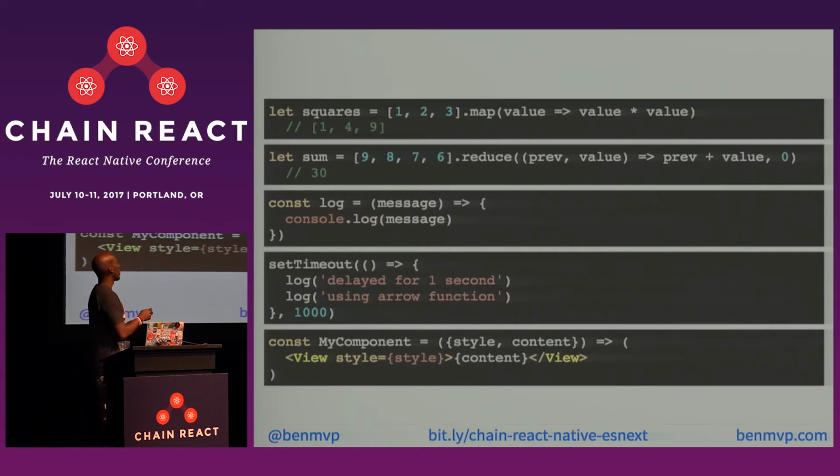So we can see that in this first example here, we have the parentheses. But for the function body, if you have one single statement that's going to return a value, then you can omit the curly braces. And that becomes an implicit return because you can omit the return keyword as well. But if you have a single statement that's not going to return a value, or you have multiple statements, then you have to have curly braces, as we can see in these examples.